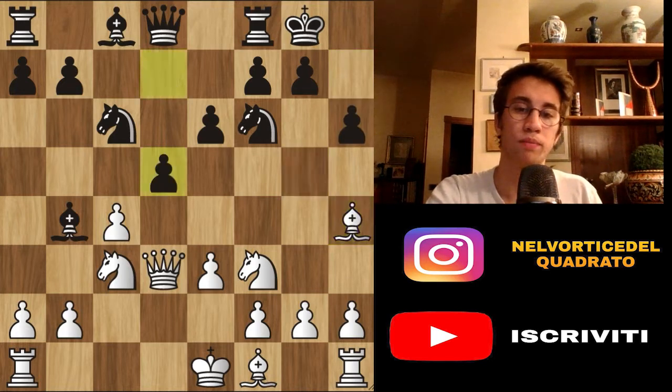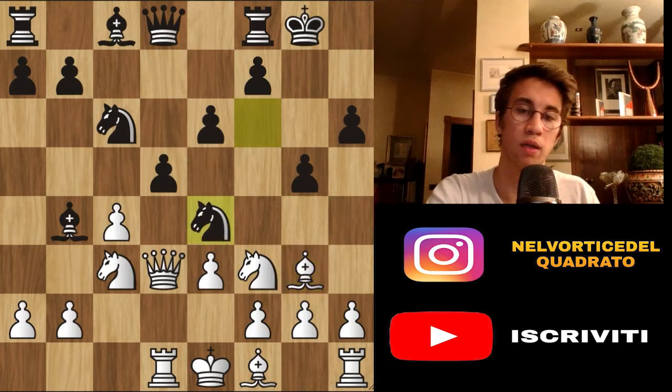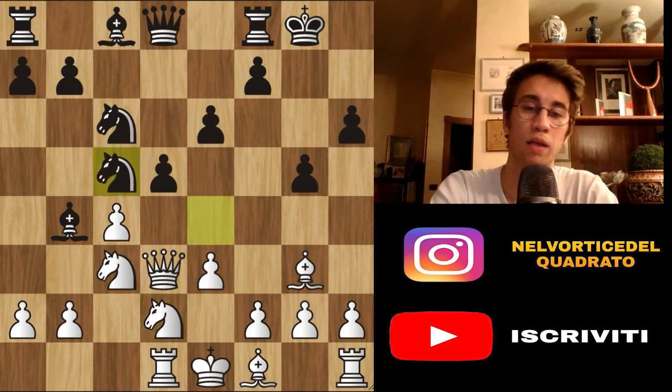bishop h4, and d5 by Ding, rook d1, and g5. This bishop now is attacked again, so bishop g3 and knight e4. This knight here is so strong, it attacks this knight that is pinned on c3 and attacks this bishop, controlling the d2 square, so knight d2, now the knight on c3 is unpinned and this black knight is attacked, and knight c5